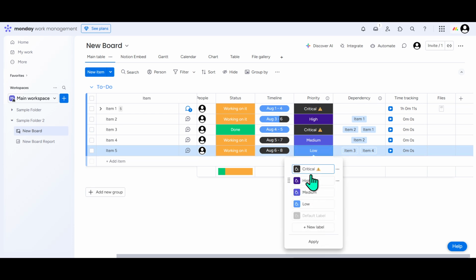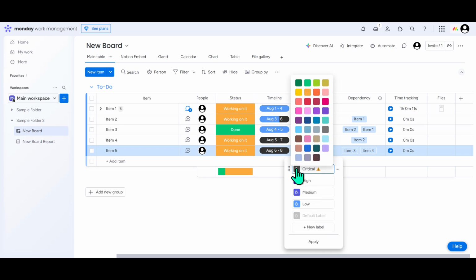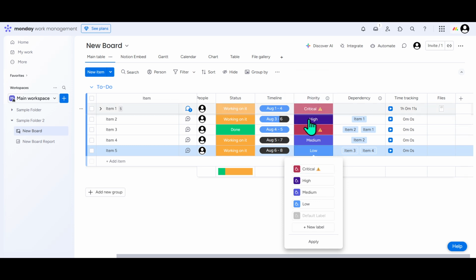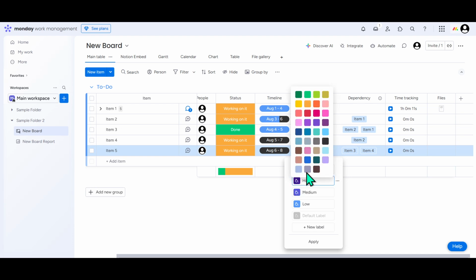And just like that, you've successfully added a priority column to your board on Monday.com. It's as simple as that. With these few straightforward steps, you're now equipped to prioritize tasks more effectively, leading to enhanced productivity for you and your team. Feel free to experiment with different labels and color settings until you find what works best for your